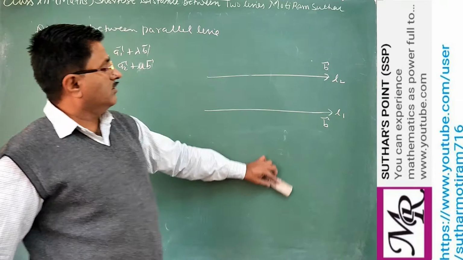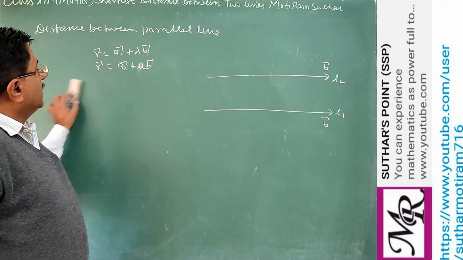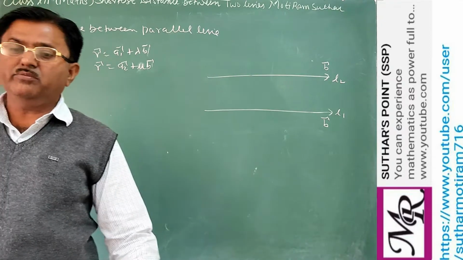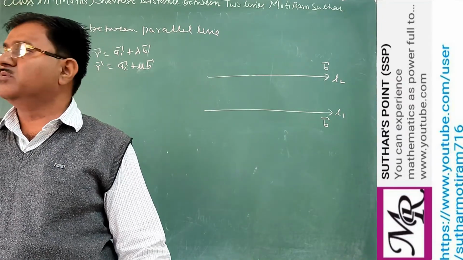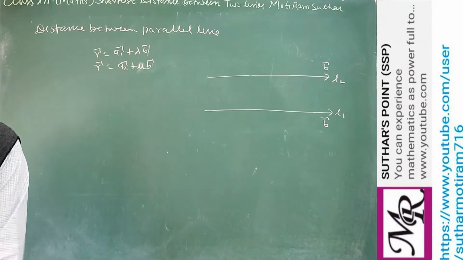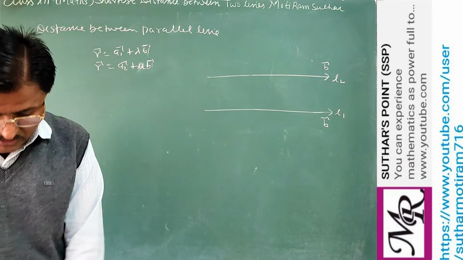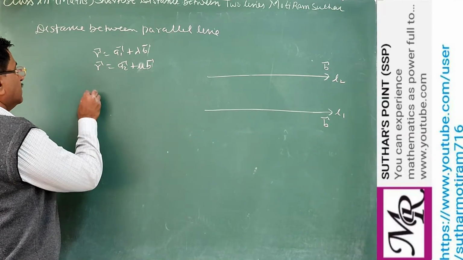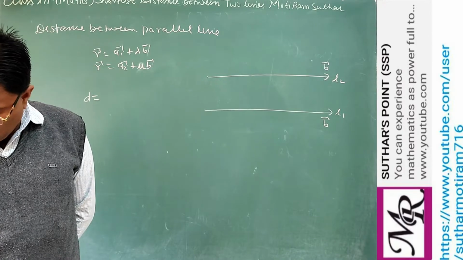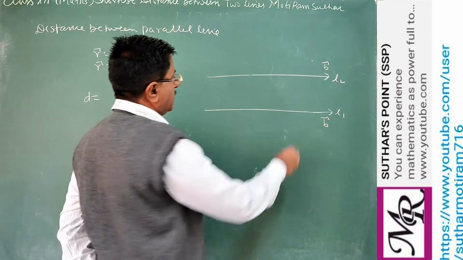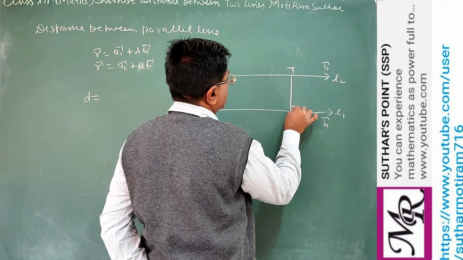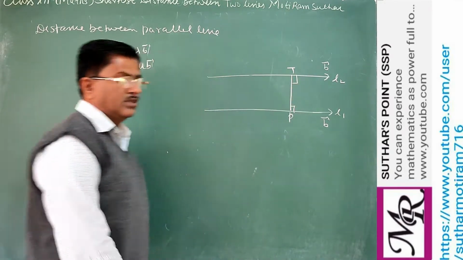So the only formality left here is that in the previous case there were different b1 and b2. Now b1 and b2 we both replace by the vector b. Clear? And we draw the formula. Then this formula will give you the distance, and we draw the perpendicular from these two lines, that is TP. This is the shortest distance between them.